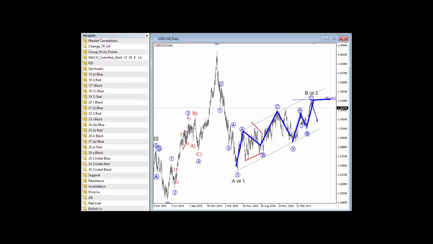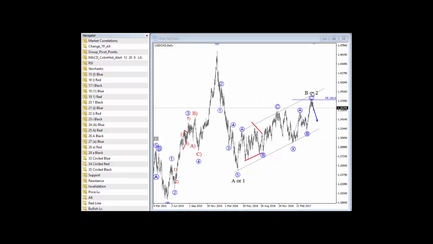What really matters here on this dollar CAD is that previously in 2016 we have seen a nice clear 5 waves of decline. So it was a strong move down in, what, 3 months or so, while we are now correcting for almost a year with a much slower pace. Okay, so to me it looks like a correction, a counter-trend move. We also have plenty of overlaps. There's no way to count this in impulsive fashion, which means that this recovery is likely going to be temporary and that we are expecting a reversal.